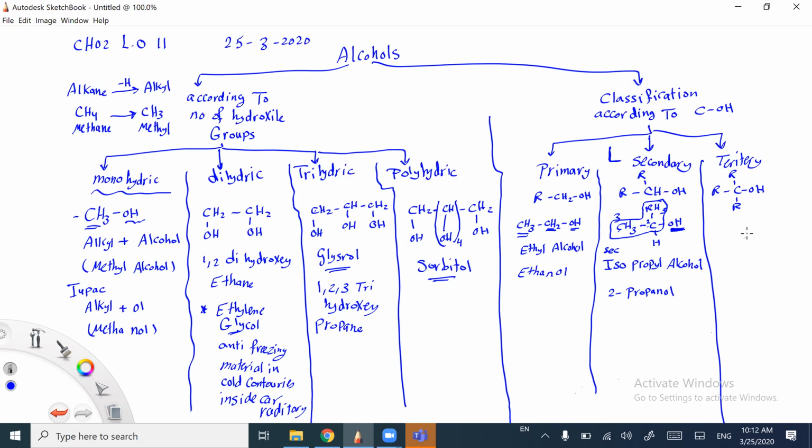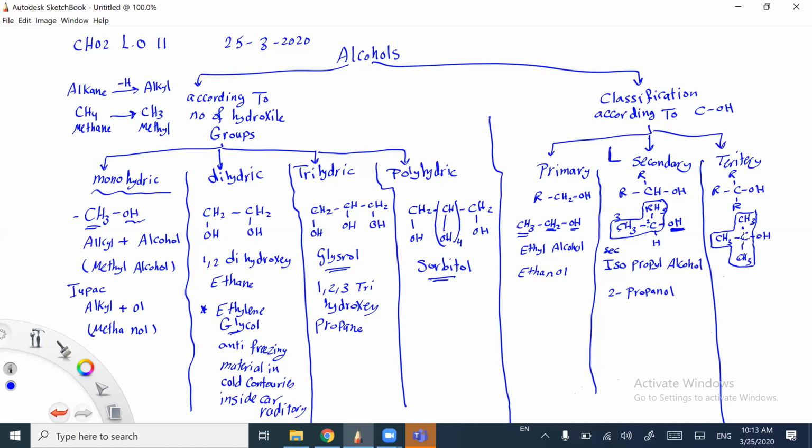The third one, the tertiary alcohol, is represented by: there is no H with it, C-OH only, with CH3, CH3, CH3. According to the common system, when I give it a name, we collect all the carbon atoms. Firstly, we find the carbon atoms taking the shape of the letter T. So firstly, propyl. There is no numbering? No. In the common system, we collect all the carbon atoms, so it will be propyl.